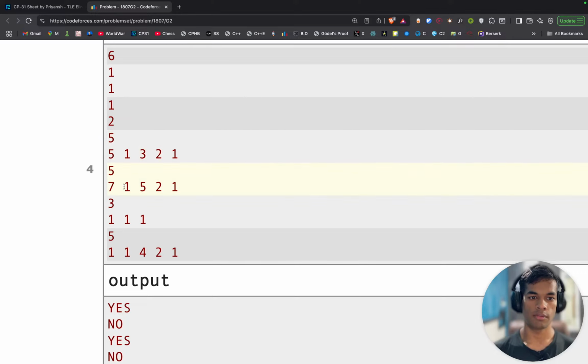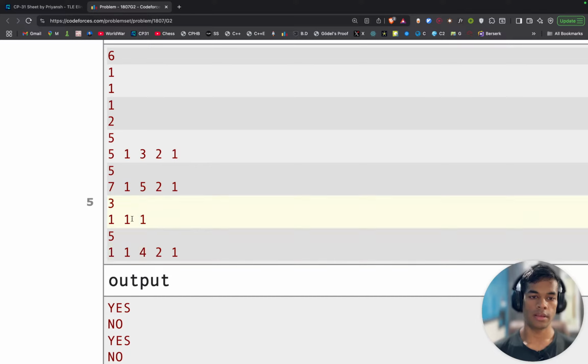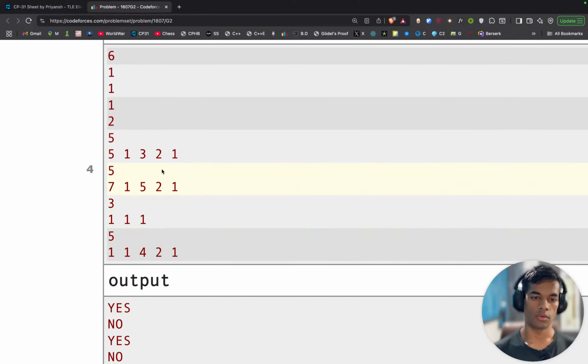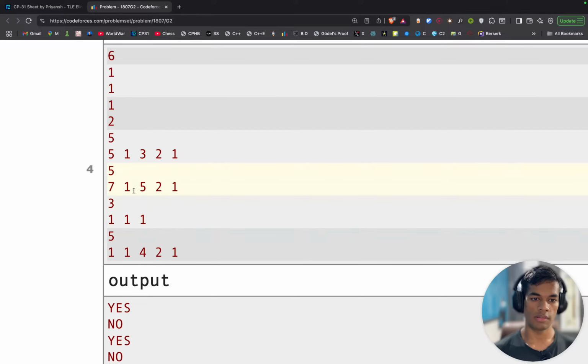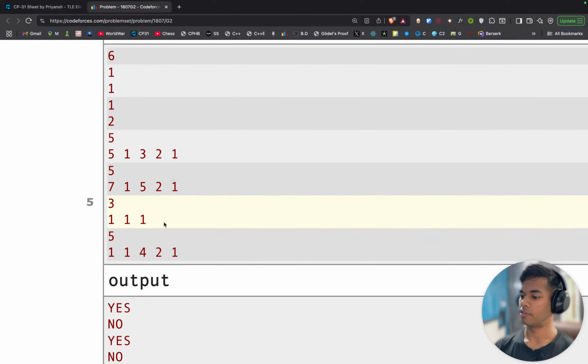And I will always have 1 in the array. So after sorting this, if I start from 7, I go down to 5, and then I will see 2. But how do I find a subsequence that